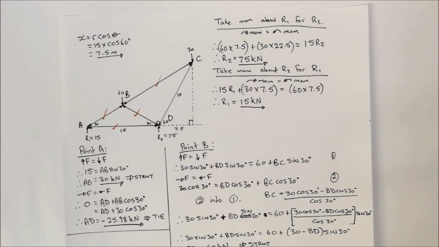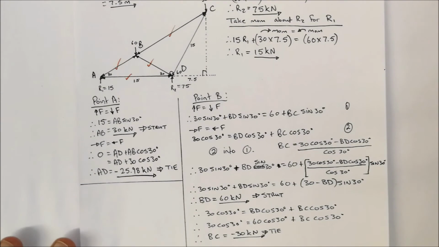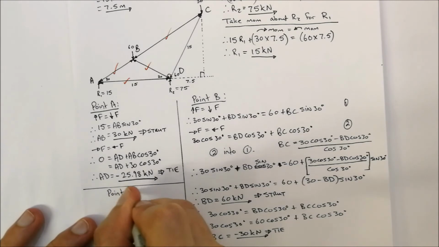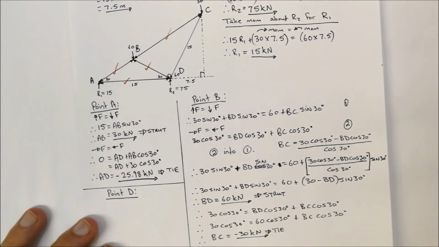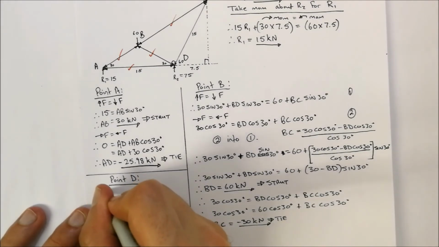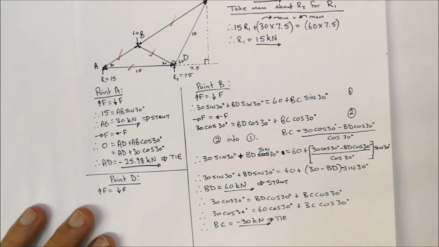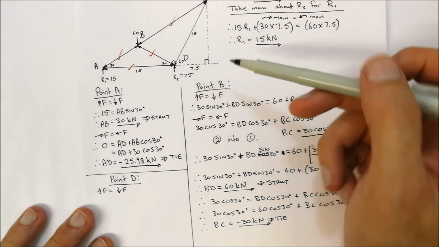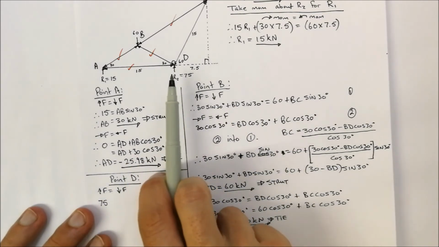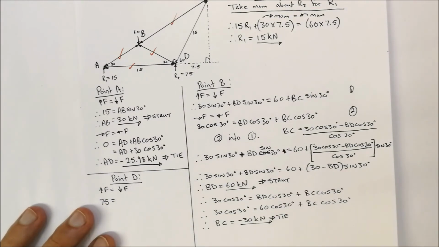Okay, so for CD, I'm going to use point D as my point for the calculation set. Alright, so again, I'm going to say upward forces is equal to downward forces. Okay, so upward forces at point D is 75. Are there any other upward forces at point D? None that we can see over there. Okay, let's look at the downward forces. Okay, well, we've got